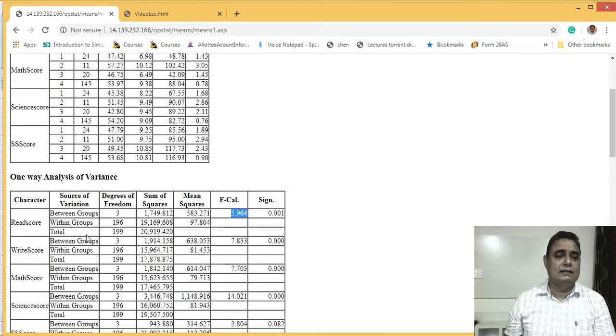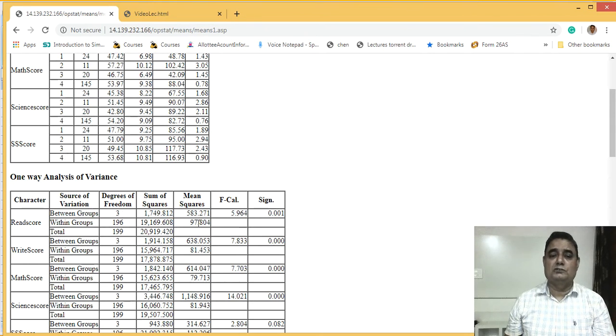So as I have already mentioned, the total variation, which is 19.42, is divided into two parts, between groups and within groups. Within groups is termed as the error term, and between groups is actually due to their races.